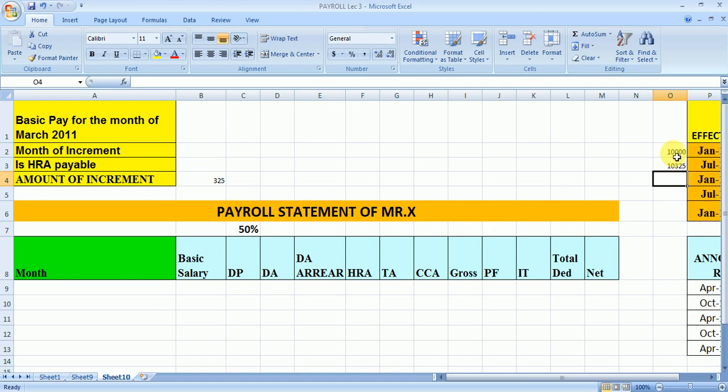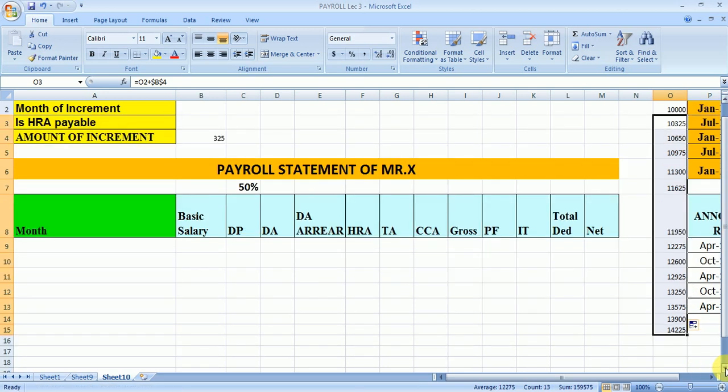Now after this, you can drag it from this cell. When you drag it, you can see the values are coming and you have to drag it till 15,200. So in this way you have arrived at the basic salary for the particular employee.